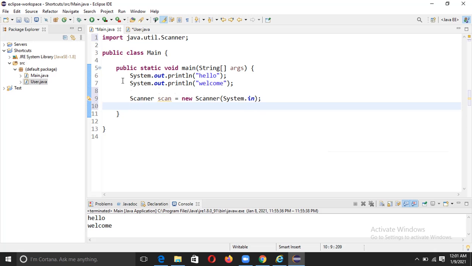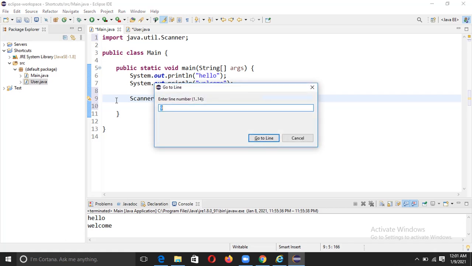Now one more shortcut I have for you is that my cursor is in line number 3. Now I want to go to line number 10. So how can I do that using a shortcut? You can just press Ctrl L and you get this tab, and you can just type the number which you want to go to. I want to go to line number 10 and go to line.